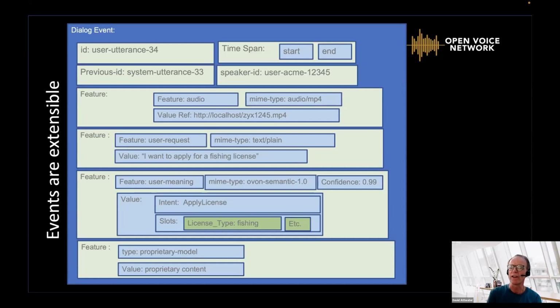So your agent can put whatever it wants into a dialogue event and send it to another agent. It could be a standard that's only known to those two agents, or it could be another more universal standard. So if I move to the next slide,